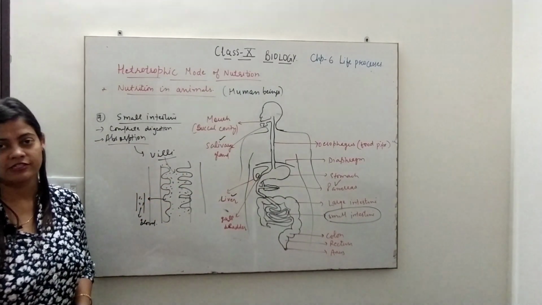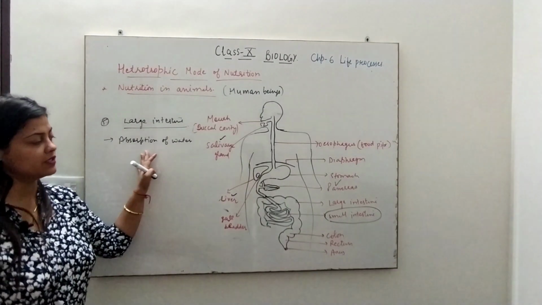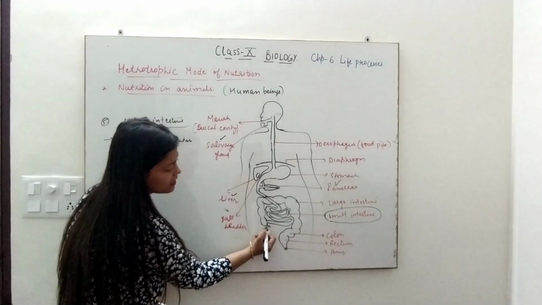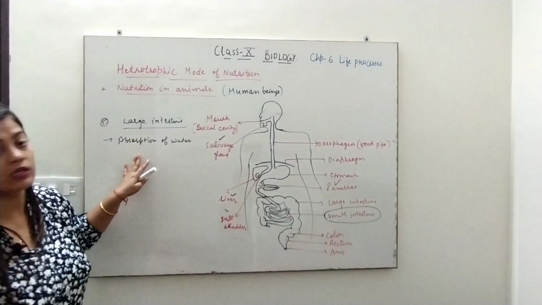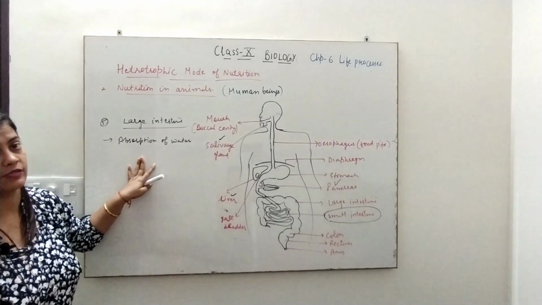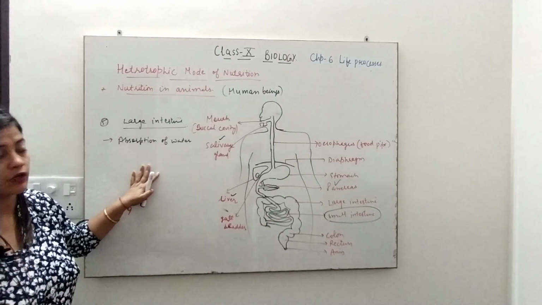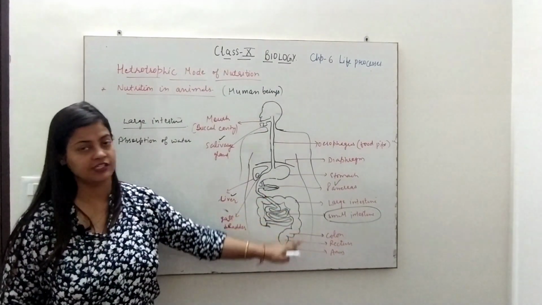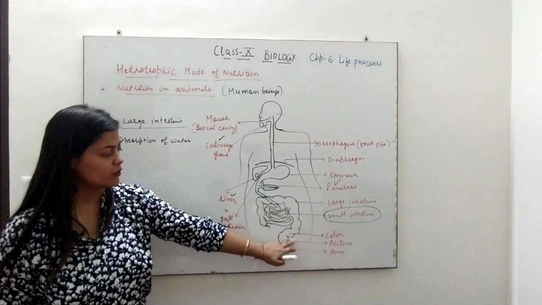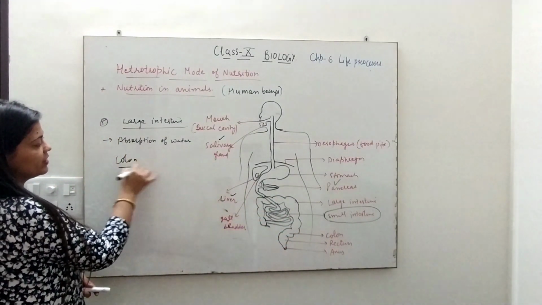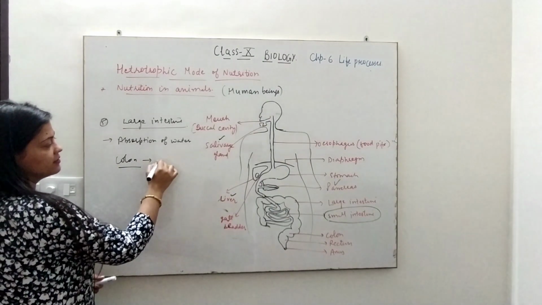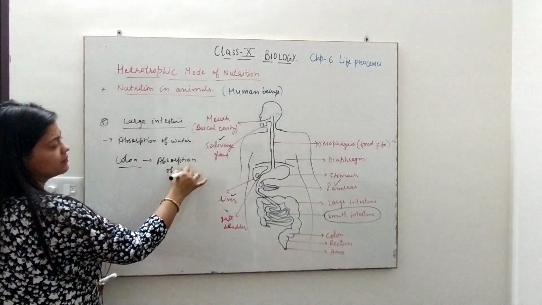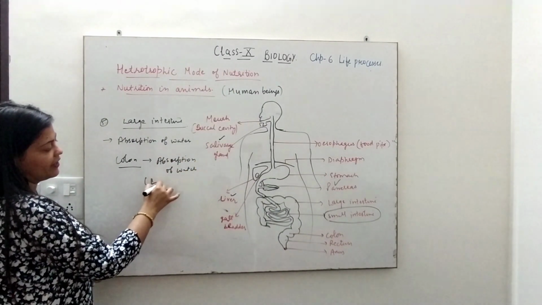Let's take up the next part, that is large intestine. Now after completing the digestion and absorption, the small intestine is connected to the large intestine, and this large intestine is the actual part where the absorption of water takes place, because whatever food we eat has water content also, and that also has to be absorbed. So absorption of water takes place in the large intestine, and the lower part is the colon. Colon will help to absorb whatever amount of water was left, and here the food will become solidified.